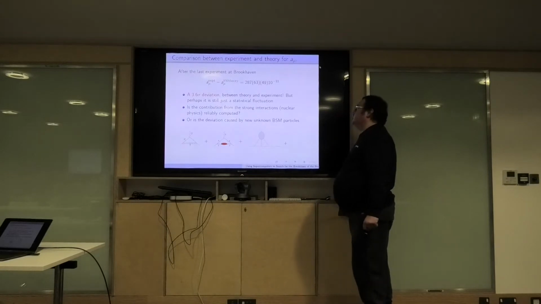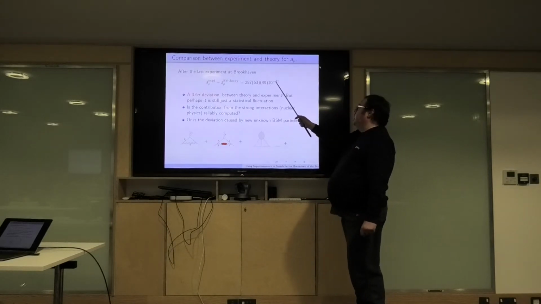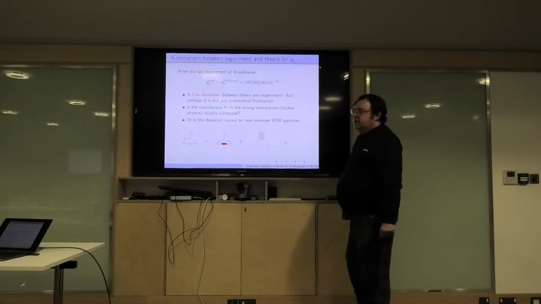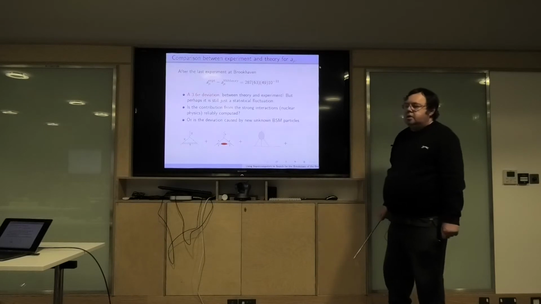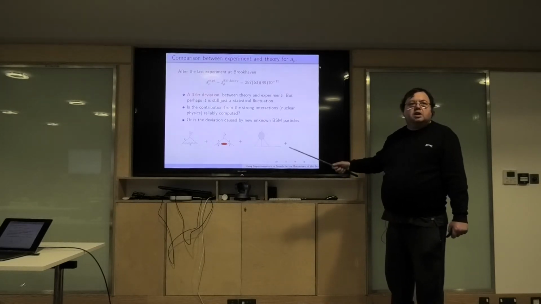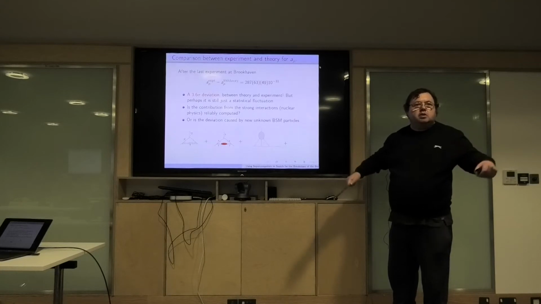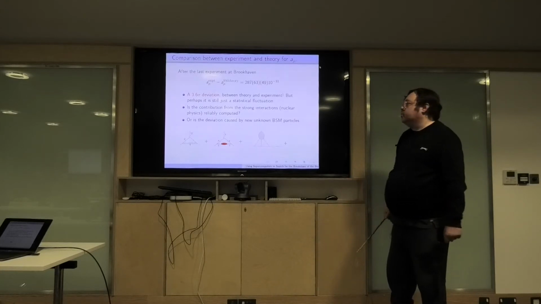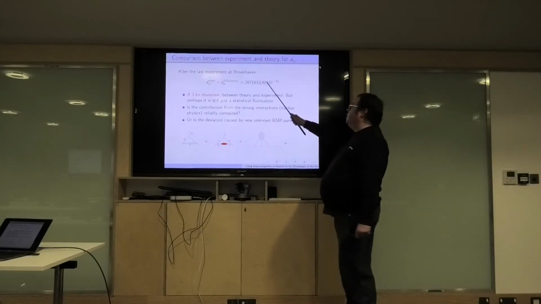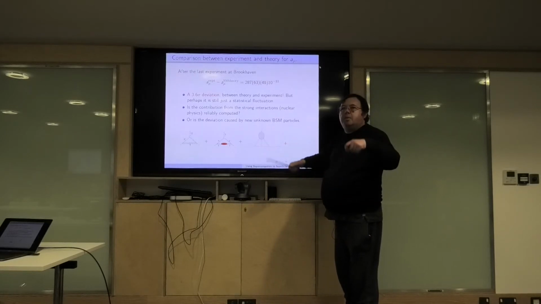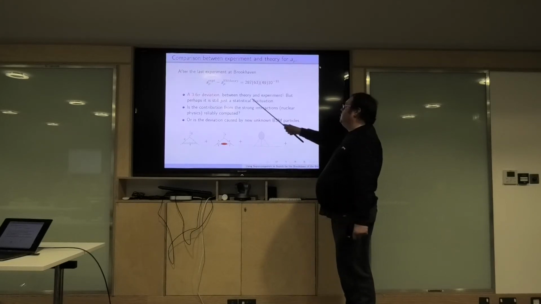A couple of things to note about this. There's two errors, one from experiment and one from theory. This 10 to the minus 11 is like 0.0, about 10 zeros and a 1. It's a very, very small number. The actual standard model calculation is very accurate. It's one of the most accurate numbers we know. So there are error bars from the theory, and error bars just from experiment. Experiments have error bars. An experiment without an error bar is probably a bit dodgy, really. This is 3.6 sigma.